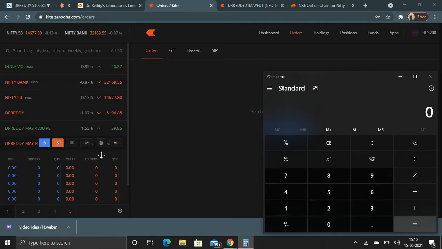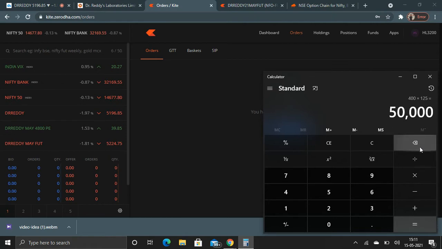As per our analysis, if we short at 5224 and we arrive at 4800, we get a profit of 400 points. That is, we sell at 5224 and we buy back at 4800, as our analysis goes right and Dr. Reddy's falls down to this next support level 4650. So 400 points into 125 equals 50,000 rupees, right?